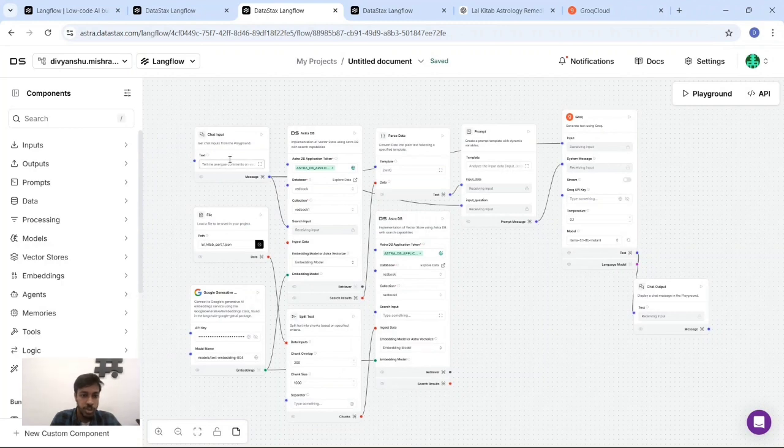Firstly, the user puts in an input, and the first thing that happens is that we have passed in the Lal Kitab book as a JSON file, which is then passed into the split text component, which splits the text in chunk sizes of 1000, which is then registered in DataStax Astra DB and passed on to Google Generative AI,